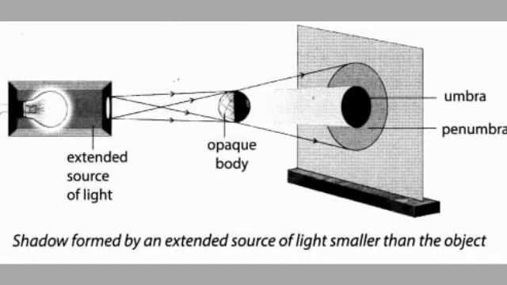Now replace the big ball with one that is smaller in size than the light source. Observe its shadow on the screen. We see the umbra and penumbra of the ball on it. Now, without moving the light source and the ball, move the screen further away from the ball and observe its shadow. As the screen moves further, the umbra becomes smaller and smaller and at a certain point it disappears.